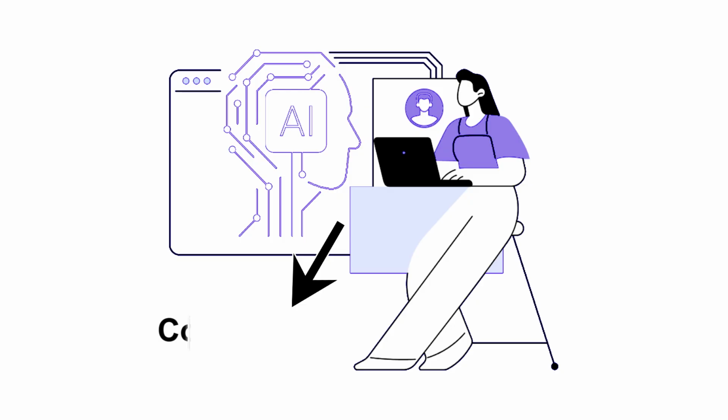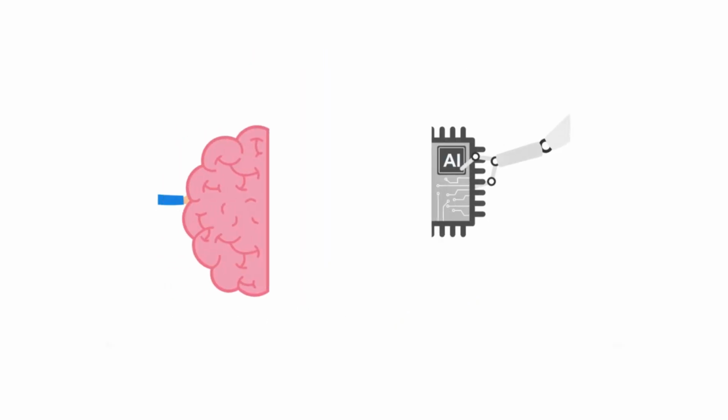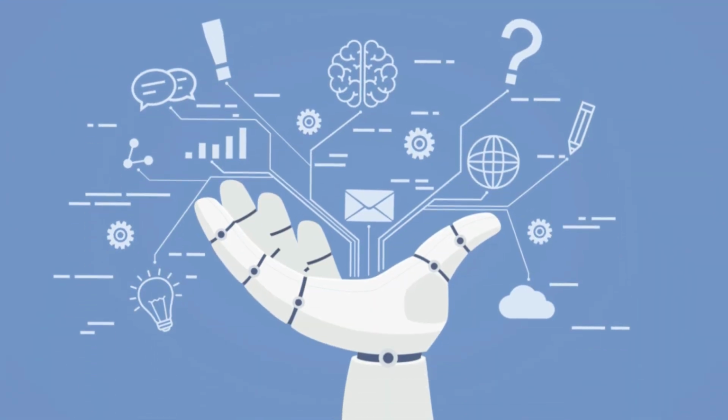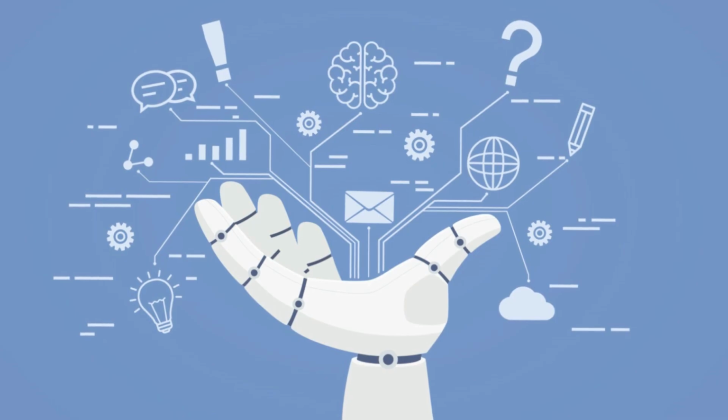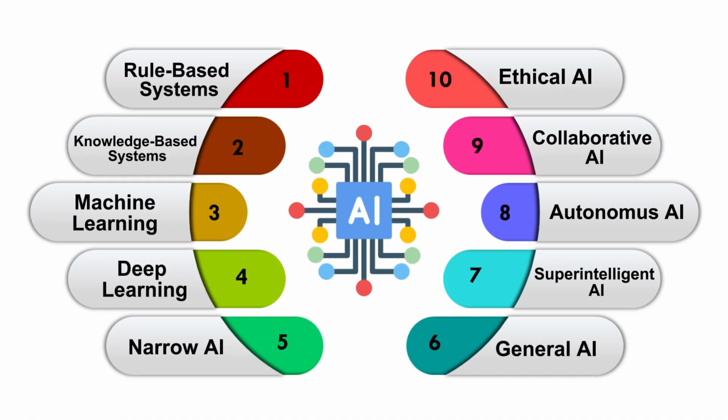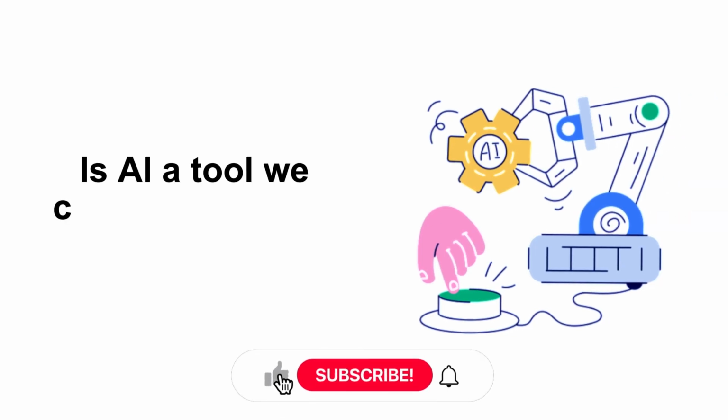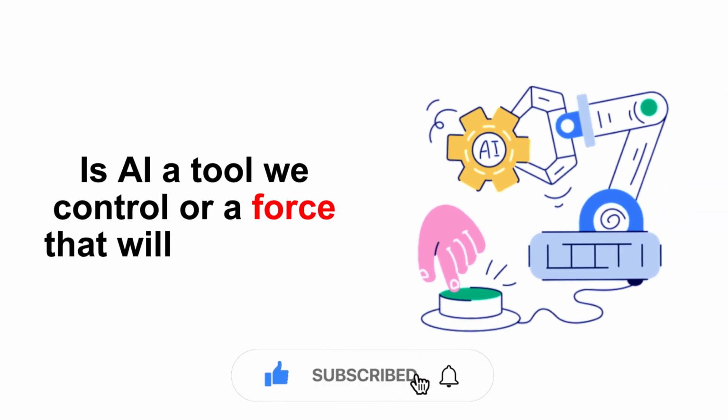The future depends on this stage. True progress means coexistence, where human and AI goals align, making sure that intelligence serves rather than undermines society. But each stage may be even raising the same question. Is AI a tool we control, or a force that will define us?